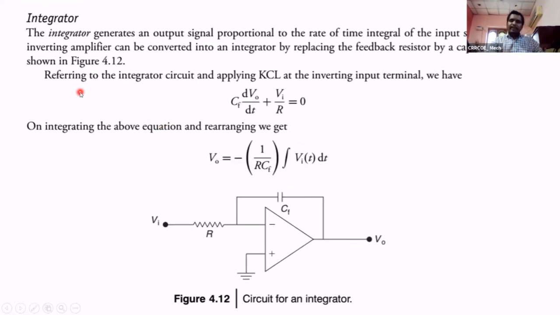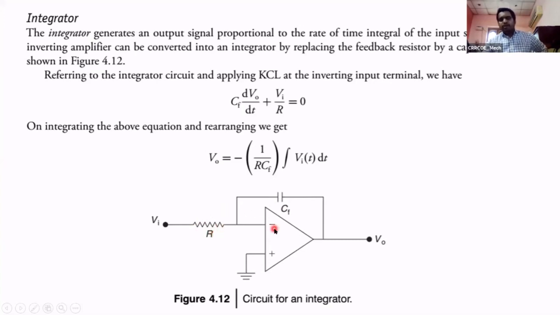Next one is integration, you know. The reverse of differentiation is nothing but integration. We are combining all factors, means integrating the factors. Now you see the same circuit. The only difference is that in the feedback circuit we connect a capacitor, and at the input we connect a resistor. For the differentiator we used a capacitor at the input and a resistor in feedback. Just reverse it. Now the feedback circuit consists of a capacitor and the input circuit consists of a resistor.